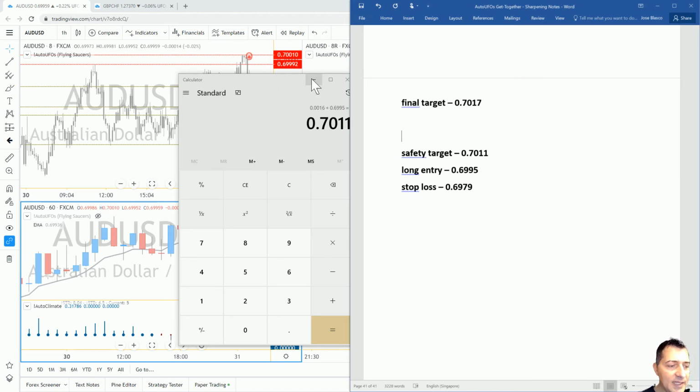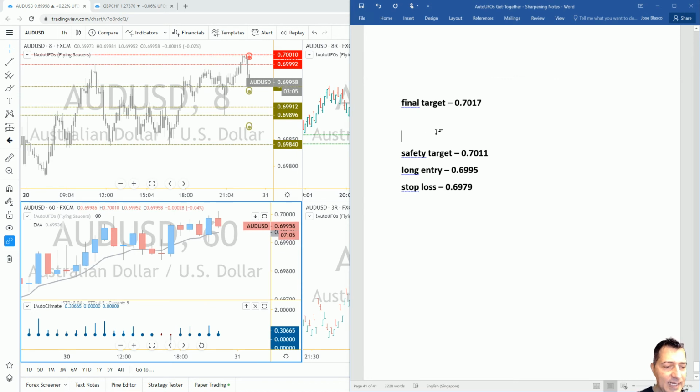Okay, well, technically the trade is valid. The trade is valid in the sense that, and this has to do with your question earlier, or your comment, Mark, the final target is beyond the safety target. So the trade is valid from that point of view. But I'm just going to use common sense here instead of using a rule. I guess we agree that making an additional 6 pips after you get to safety is not what I would call a very juicy trade. Is that making sense? So I'm just going to pass on this one, even though it's a valid setup.